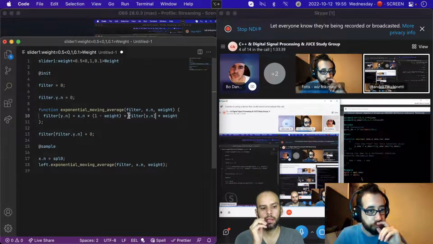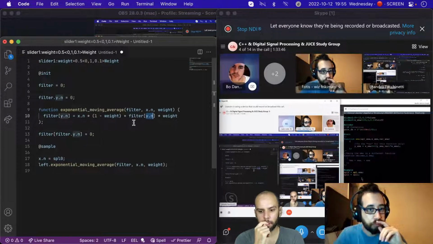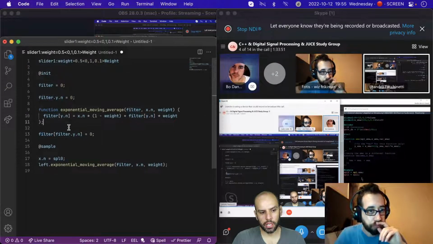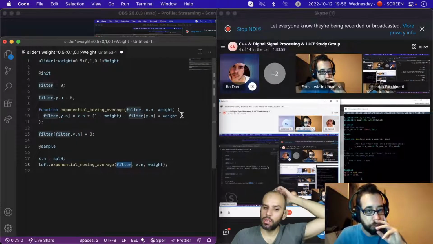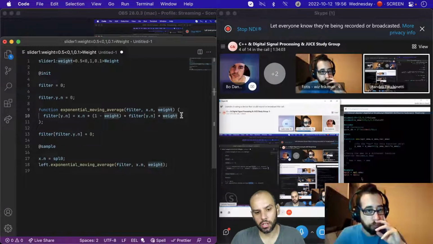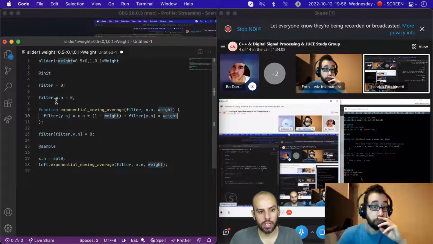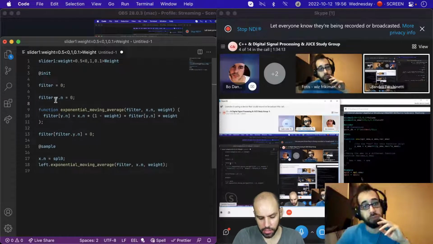And then the code ends up looking like this. Again, we were able to abstract the notion that y of n needs to be preserved. But we have some advantages. Now the filter is something that can be passed around as an argument. It can be returned from functions, which is something that pseudo objects cannot do. Pseudo objects cannot be returned from functions. They cannot be put into an array or other data structures. So anyway, I have plenty of streams detailing all the pros and cons and exploring the trade-offs and everything, but